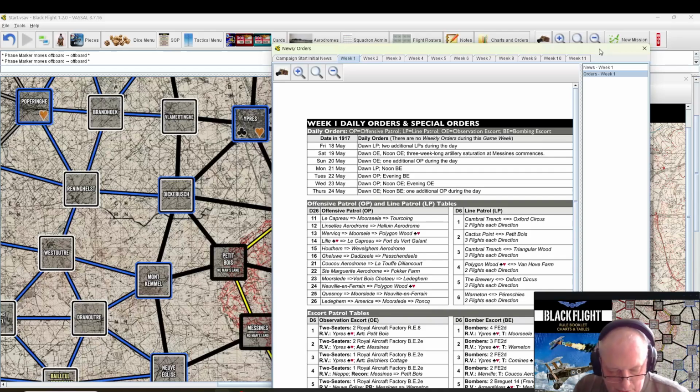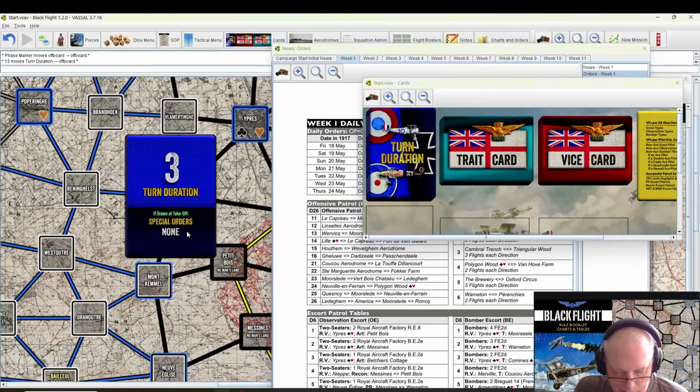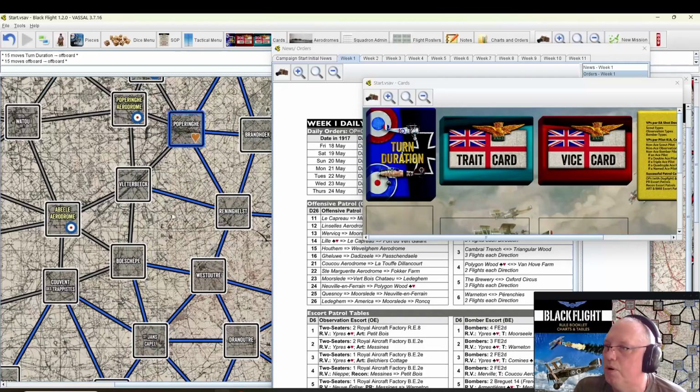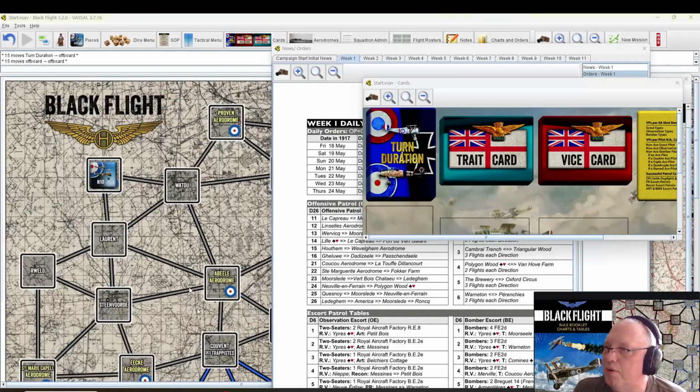Oh, that's right. Shuffle the turn duration deck and draw one. So, thank you, Thomas, for having the nice play aid there. If drawing at takeoff, special orders, none. So, we don't get a special order. And actually, I almost would rather a special order. I don't